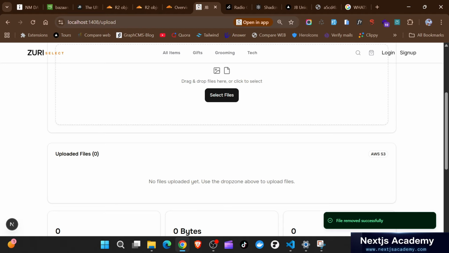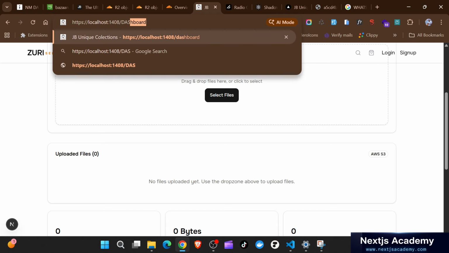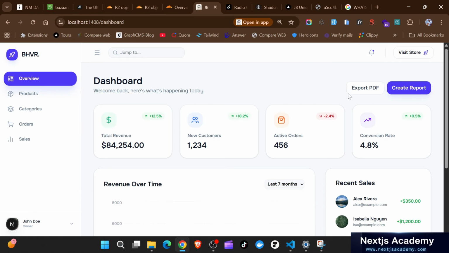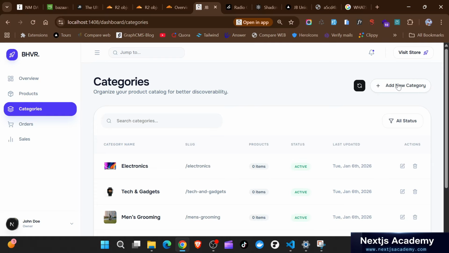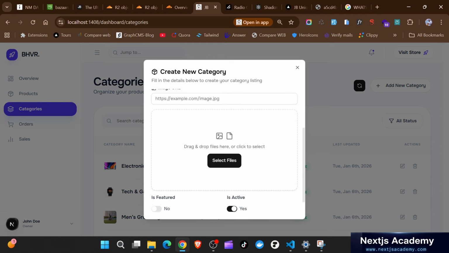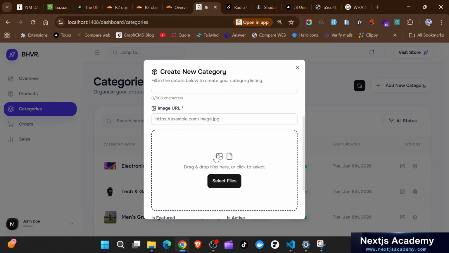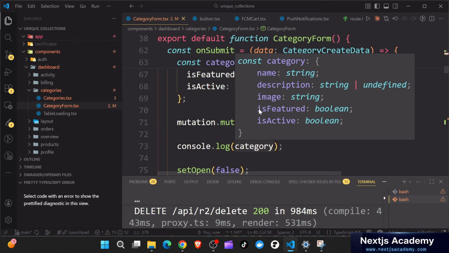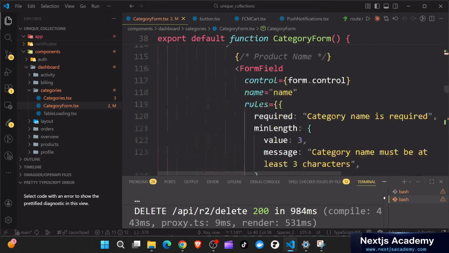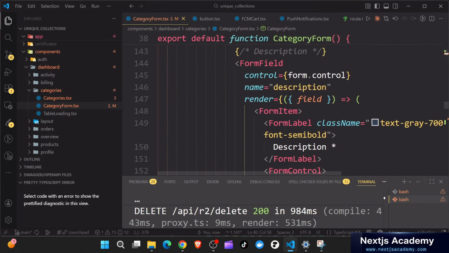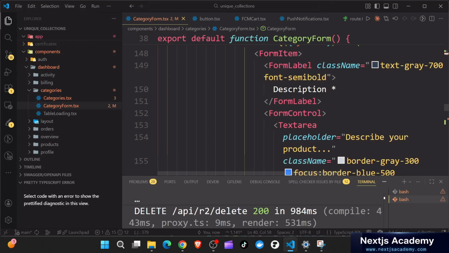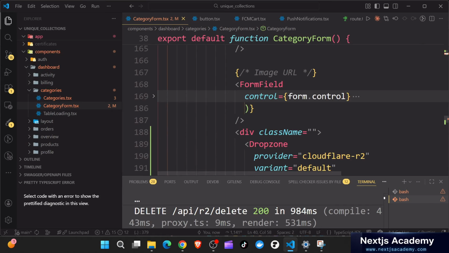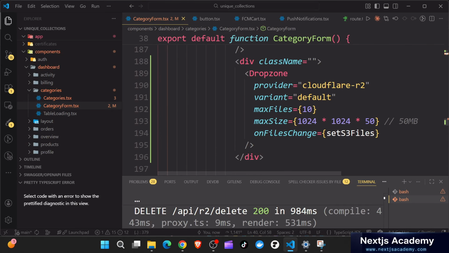I'm going to go to the dashboard now, go to categories, and let's go to add. So you can see now we have this nice area where we can drop files. And if you don't want that, we can go back quickly in the form. Me personally, I love the drop zone, but sometimes it can be really big, and this is why